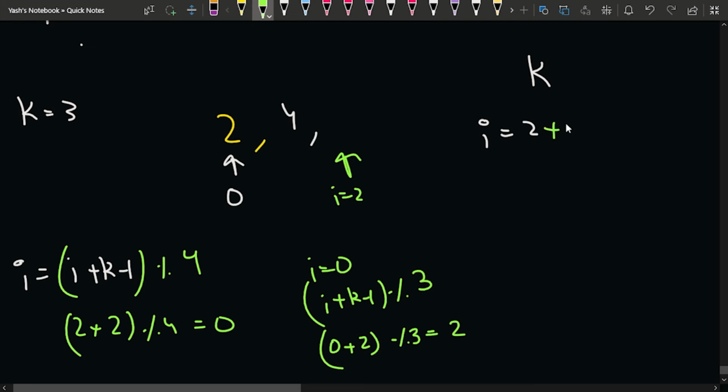So now again if I do 2 plus 2, I'll get index 4, but actually index 4 is not present. So when I do modulo with 4, modulo with 2, that is the size of the array, I'll get 4 modulo 2, that will be nothing but 0. So I'll kill the 0th person.